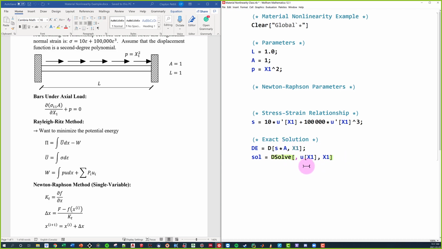So in this first part here, this is where I enter my differential equation. So I say that this differential equation above, well, we know it's going to be equal to 0. So now a little test for you guys to see how good your long-term memory is. If I were to run this, am I good to go? What do you guys think? If I were to run this, am I good to go? I'm solving my differential equation, which is equal to 0. I'm solving it for u of x1, and the variable is going to be x1. So if I were to press Shift-Enter, am I good to go?